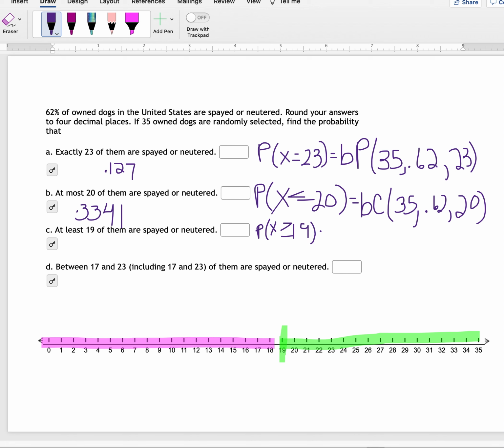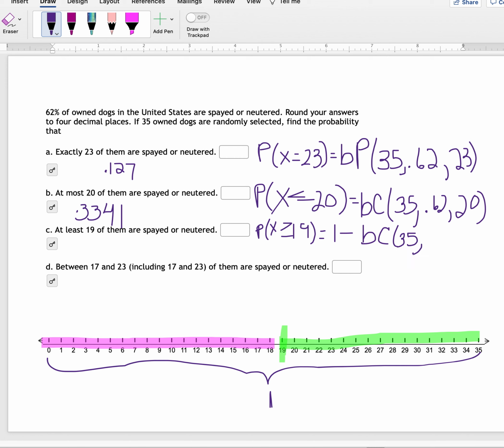by finding the binomial CDF using x is 18 and subtracting it from 1, because I know the total of all of these values, all of these probabilities, the probability that x is 0, the probability that x is 1, the probability that x is 2, etc. All of these probabilities added up should give me 1 or 100%. So if I take 1 and subtract off what we don't want, that's going to give us what's left, which is 19 and above. So I'm going to take 1 minus the binomial CDF of